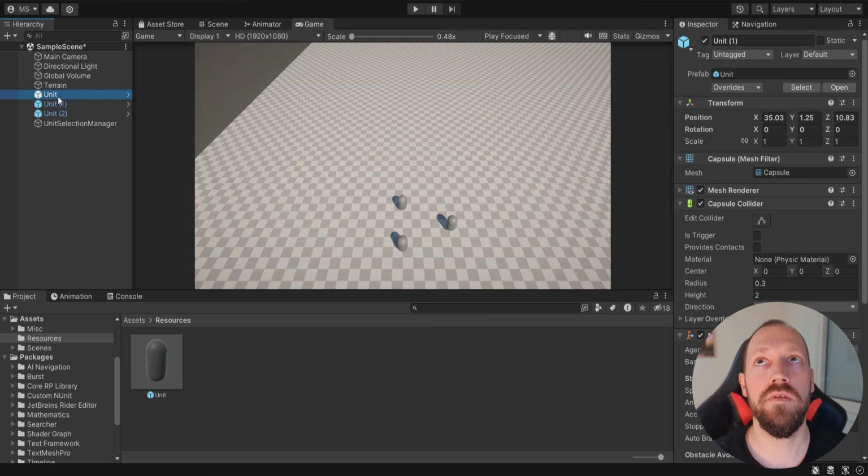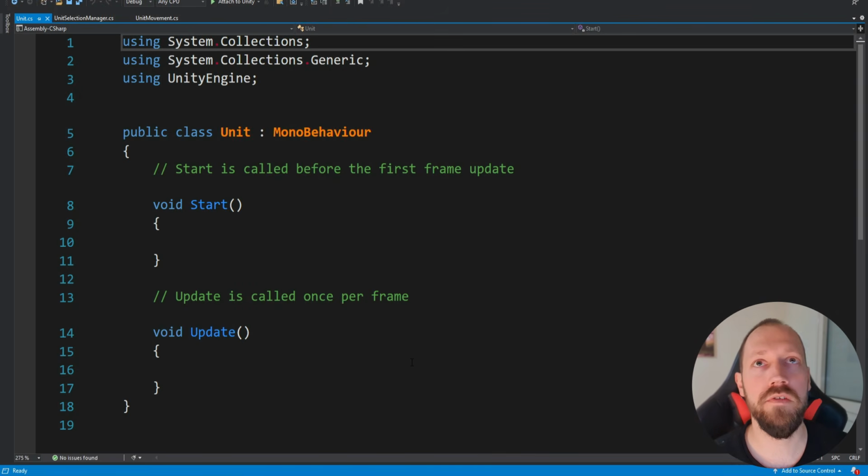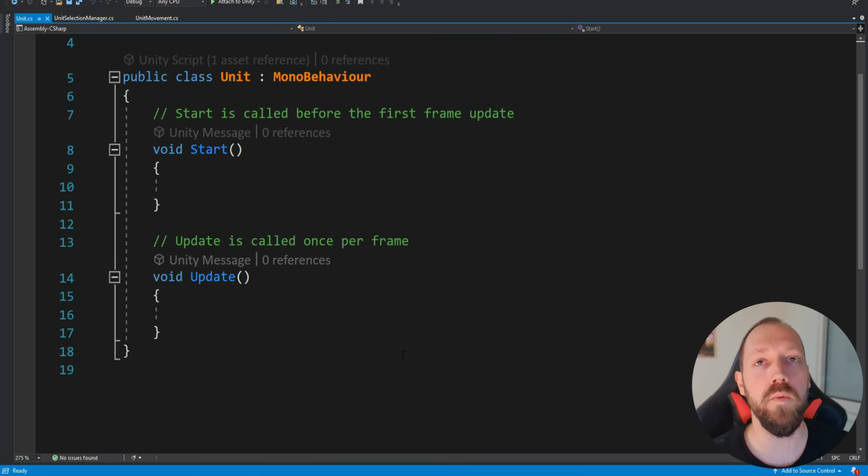And that's all for now. So all of these units are simply a copy of this one prefab. Next, we're going to open our unit script, and inside we simply want to automatically add the unit into the